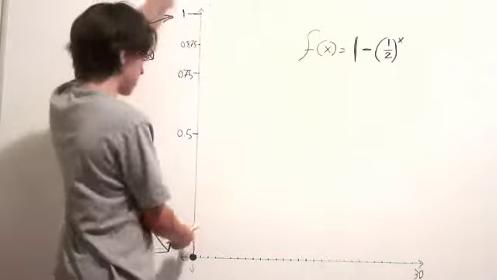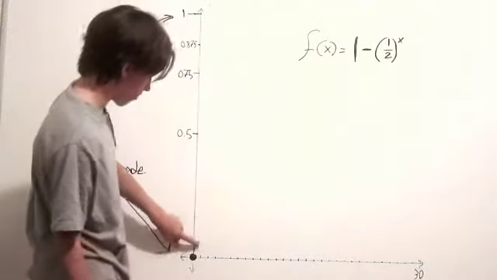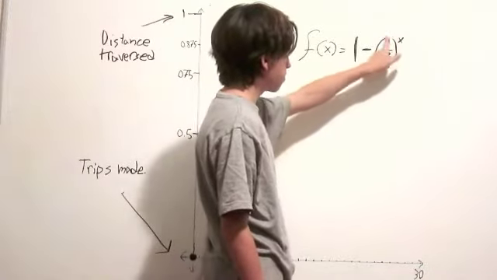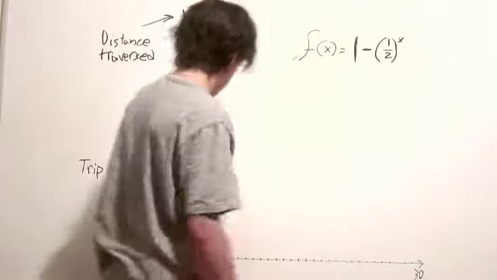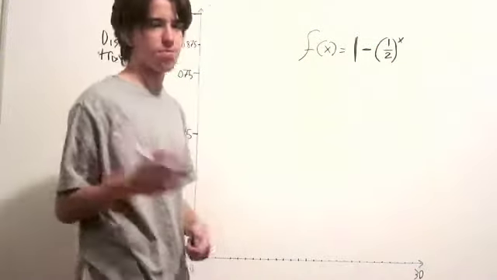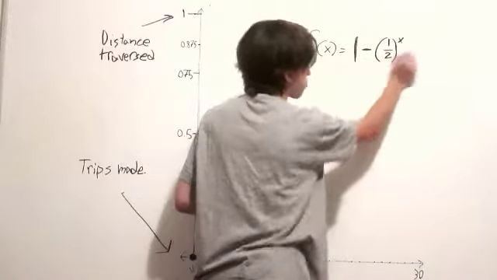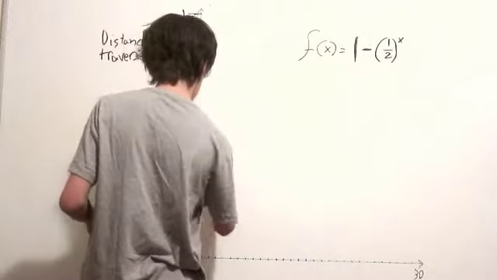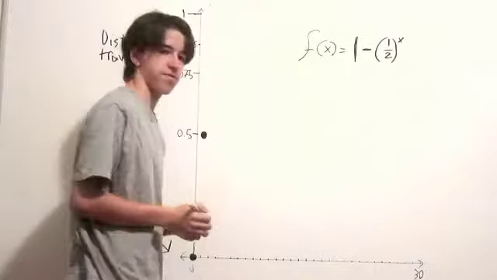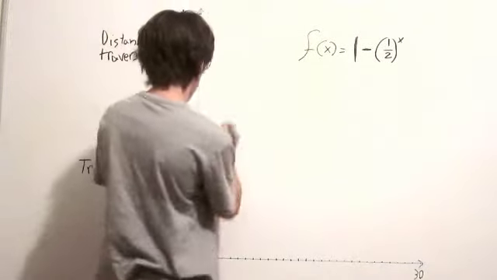So, let's try to graph this and see what this is really saying. Remember, this is the distance traveled, and this is the number of trips. So after 0 trips, I've already graphed it here, you've gone 1 minus 1/2 to the 0th, 1 minus 1, you just have 0, right? 0 distance traveled, 0 trips made, that makes sense. So when it's 1 minus 1/2, you've gone 1/2, right? Pretty obvious.